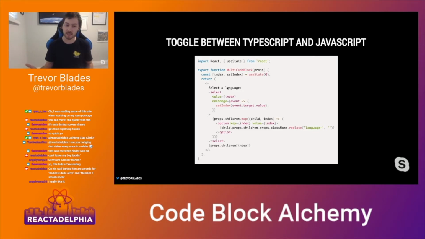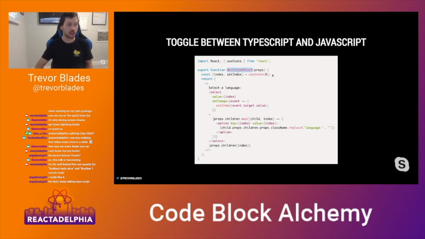And to achieve this, I wrote a pretty simple React component, small enough to fit on this slide. I hope the font size is okay for everybody, but I'll walk through it step by step. So I call the component a MultiCodeBlock. And this MultiCodeBlock uses React state to keep track of the index of the child that it wants to show. So the idea is that this component should only show one child at a time. And the children that get passed to this component are just our two code blocks, our TypeScript code block and